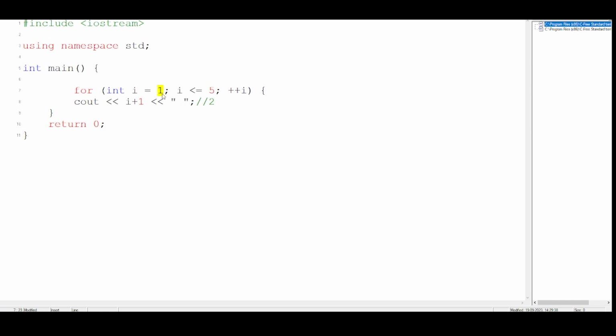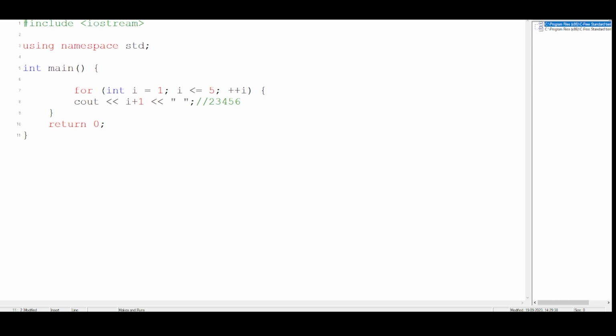2. After that, I will be updated, that is, it is increasing. Now I has become 2. 2 is less than 5. Yes, it is. 2 plus 1, 3. It will keep on doing that until and unless we get 6. So it will print till 5, and that means 5 plus 1 will be 6. So that means it will print 2, 3, 4, 5, 6.